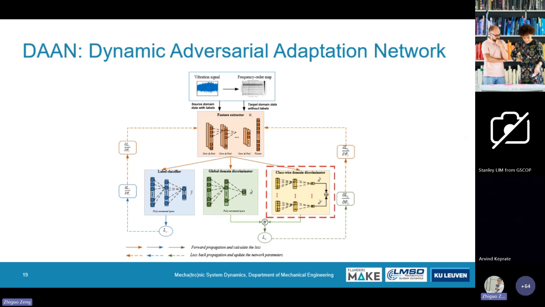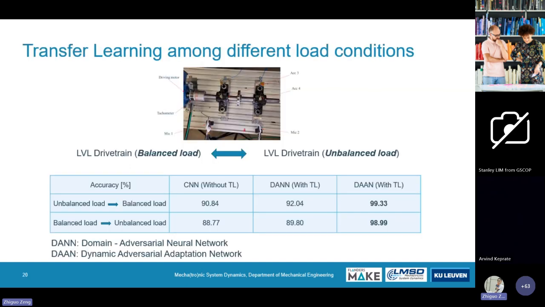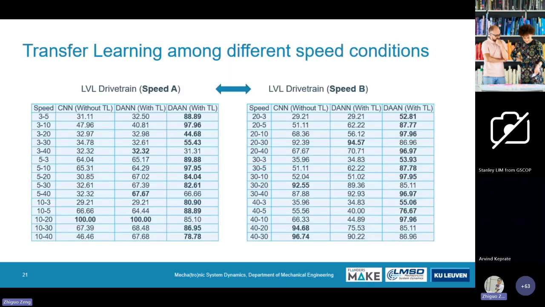We use the dynamic adversarial adaptive network, which also has 4 sub-networks. Then we could do the transfer learning from a balanced load to an unbalanced load. We see in the comparison that the dynamic approach provided some better results in this case. Also, we did transfer learning between different speed conditions, and we see again that the dynamic approach improves the results in most of the cases,